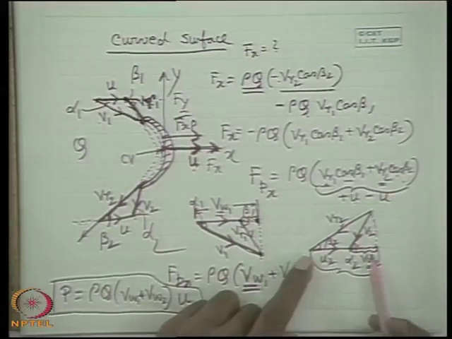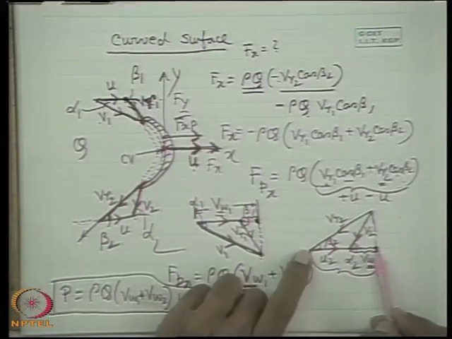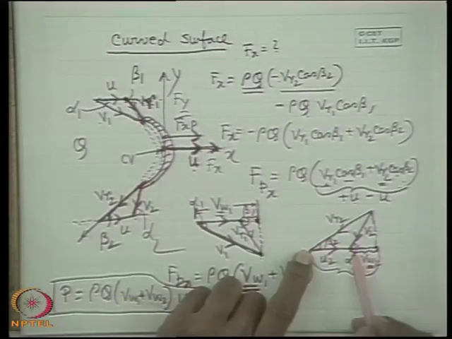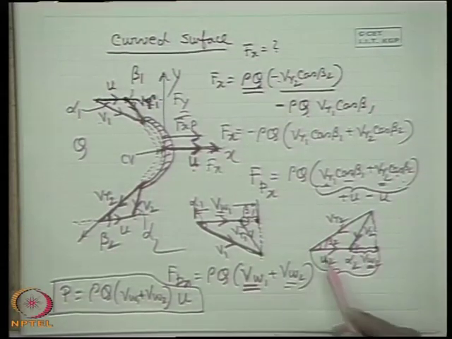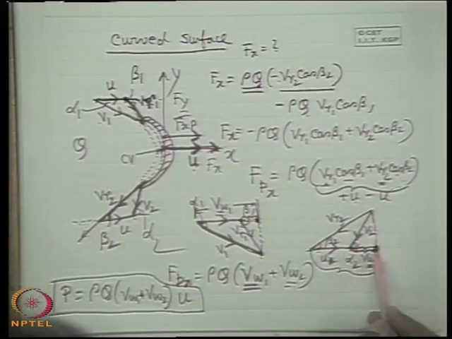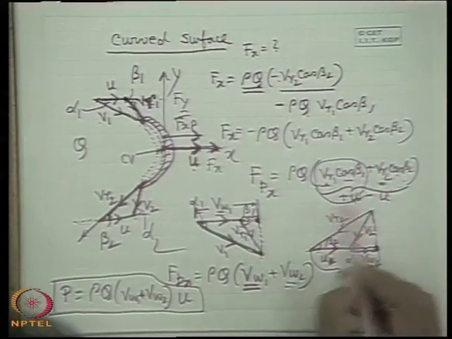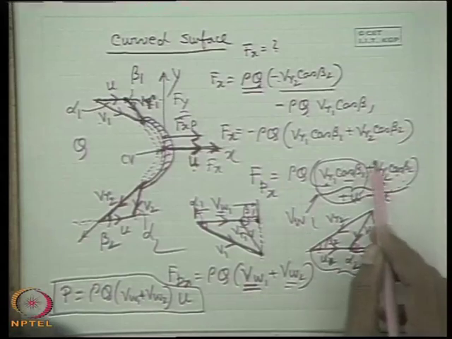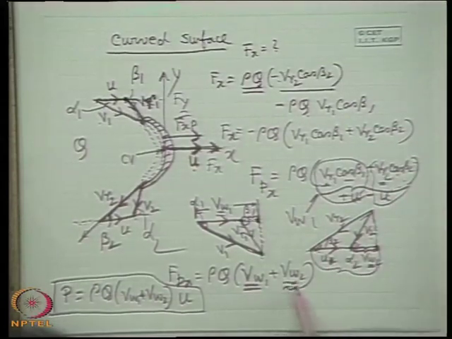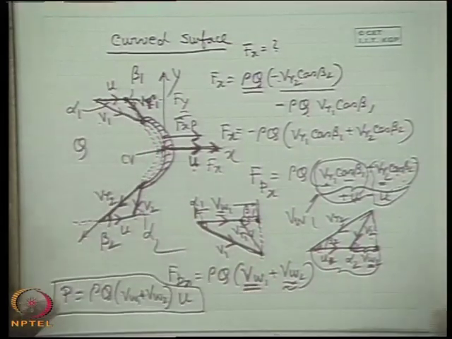Similarly, if we now deduct from Vr2, what is Vr2 cos beta? If you take a projection here also, then this will be the Vr2 cos beta. Deduct u, we will get this. This is not u2; u1 and u2 are the same, this is u. So this becomes Vr2 cos beta minus u. If I take plus u with this, I get Vw1. If I take minus u with this, from the velocity triangle I get Vw2, where Vw1, Vw2 are the tangential components of the absolute velocities at inlet and outlet.